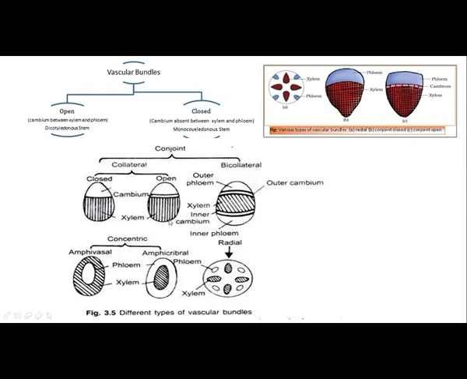Now, there are three types of vascular bundle. One is the radial vascular bundle, another one is the conjoint vascular bundle, and another one is the concentric vascular bundle. So, as I already told you, the radial vascular bundle is something in which the xylem and phloem are arranged in a radius. As you can see, the xylem and the phloem are arranged in a certain radius, and it is found in root. Coming to the conjoint vascular bundle, the xylem and phloem combine together in one bundle. You can see that the xylem and phloem are present in one single bundle, but not radially.